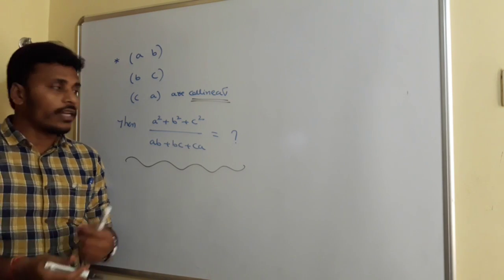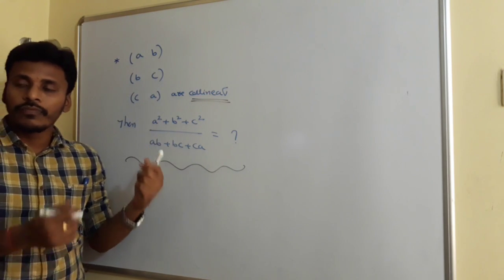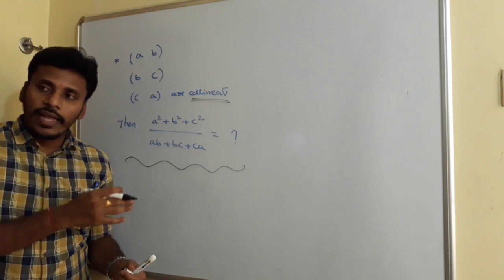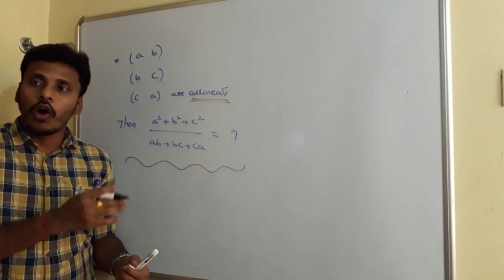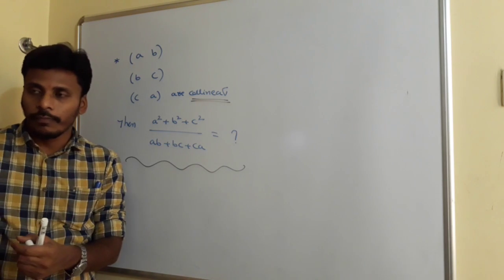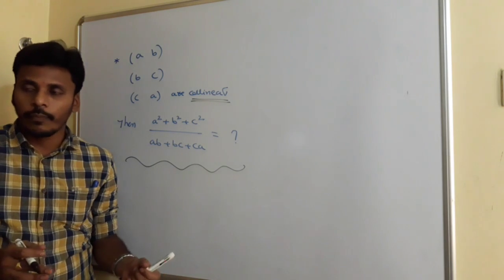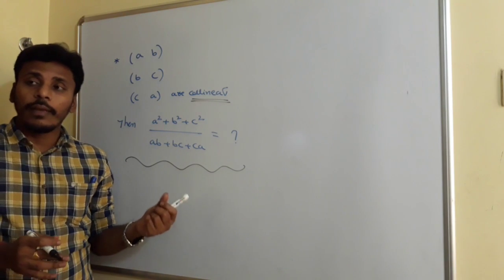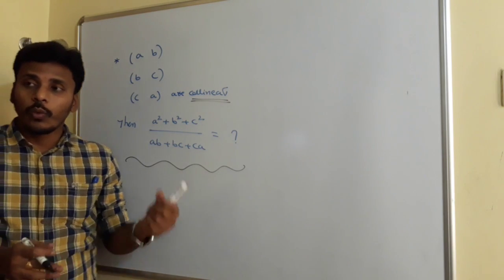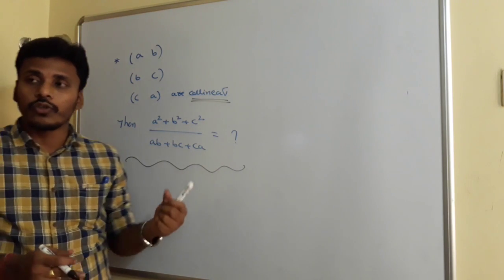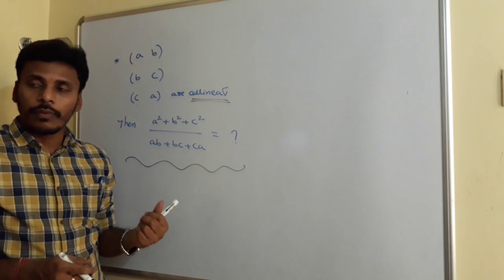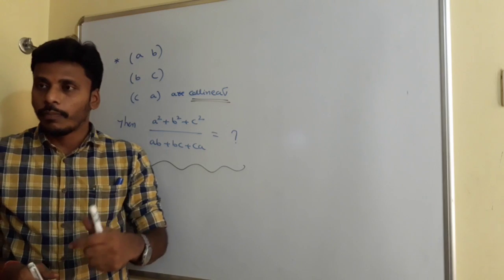So you just try to find the area with these 3 points and equalize it to 0. In the case of the first problem, the area is given as 40. So after finding the area of the given 3 vertices, we equalize it to 40 and find the value of x there. But here in this problem, they mention these 3 points as collinear, so the area should be 0. So equalize the area formed by these 3 points to 0 and try to get the value of a square plus b square plus c square by ab plus bc plus ca.